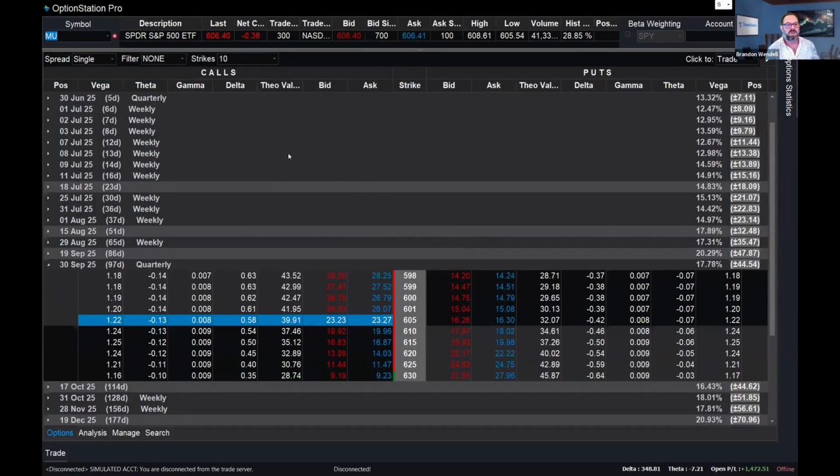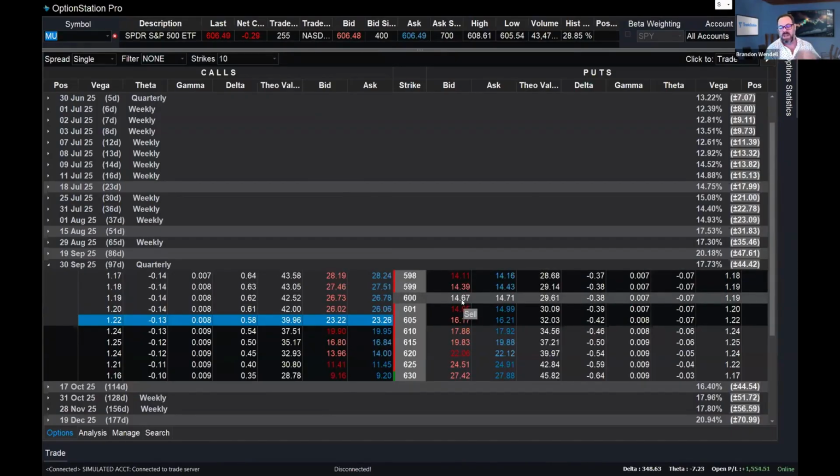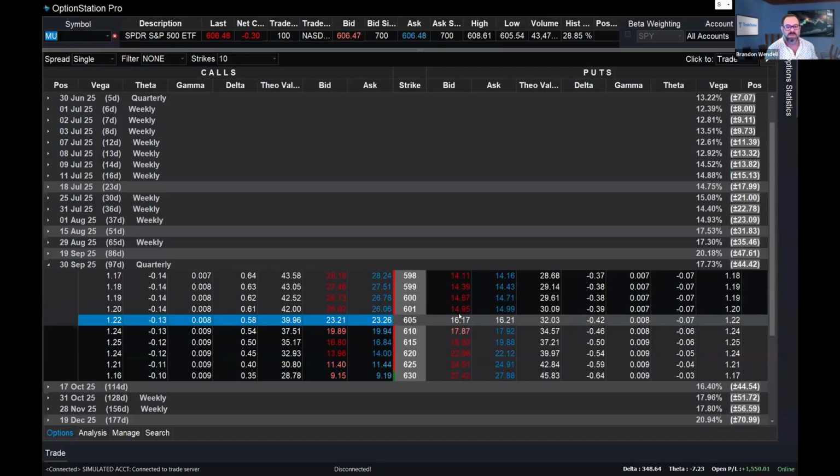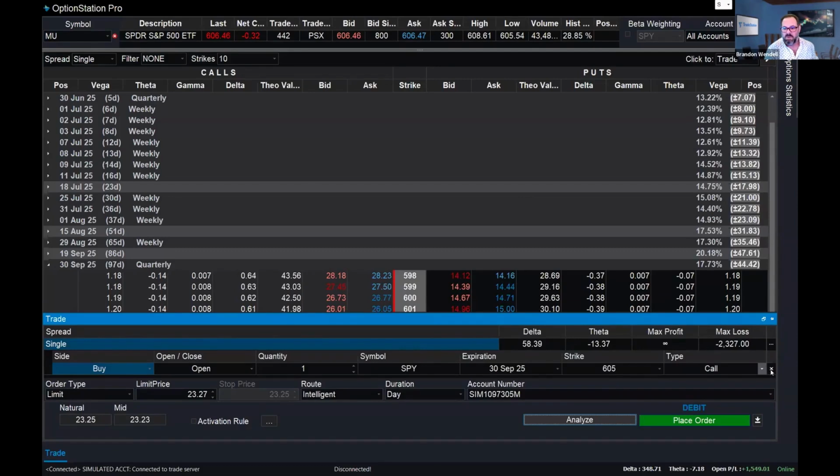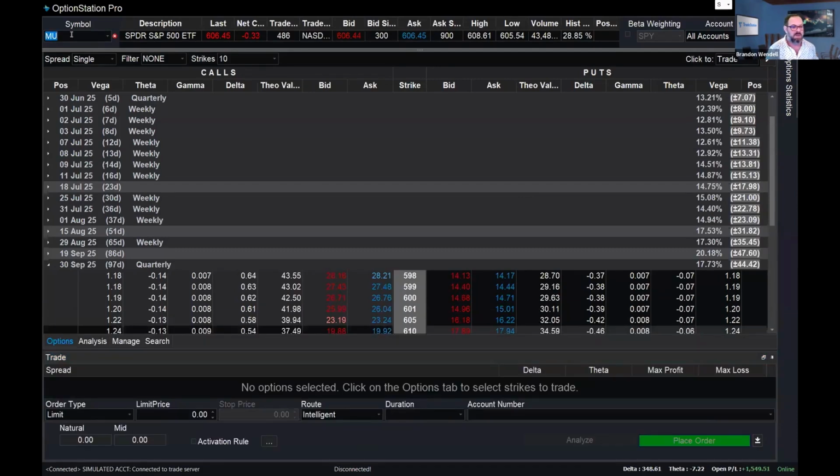So if I'm going to Micron, again, as a bull put spread perhaps, I would go through my analysis. I would know where I'm getting in and how I would know if I'm wrong, if it starts to go against me. And I could build a position. Let's get rid of that. I was still on, let's see, it didn't switch over. There we go. Still on the SPY, that's why.